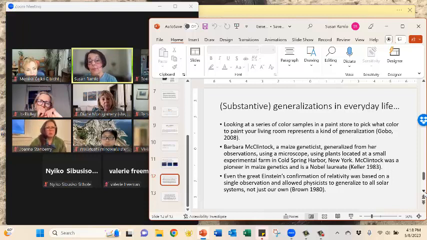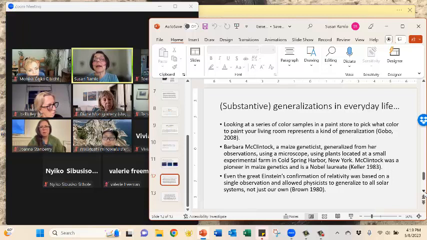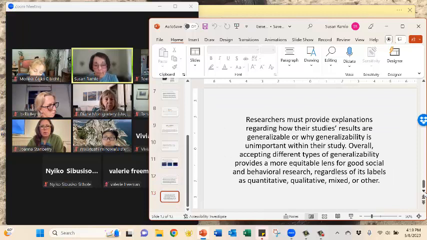But what she was looking for was phenomenon. She wasn't trying to count noses, right? Even Einstein's confirmation of relativity was based on a solar eclipse. Relativity is accepted universally, from one data point. Einstein watched one solar eclipse and looked at things that confirmed his theory of relativity. So these are, again, other ways of generalizing where we're not generalizing to the population, but we're generalizing about the